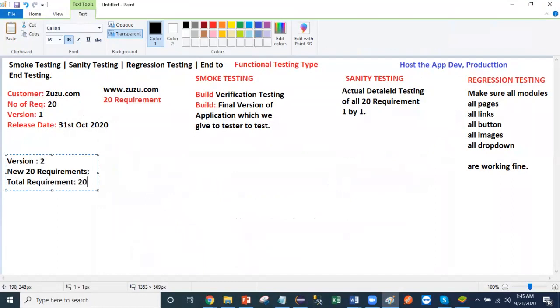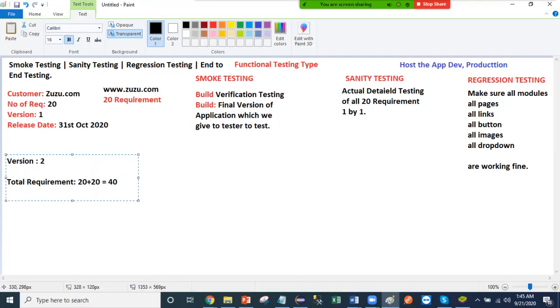20 plus 20. That means 40, right? 20 they have given in the first version and now they are giving us new 20. You see, new 20 requirements, that is in the second version, right? So the second version will have total 40 requirements, 20 from the first version and 20 new added from the second version, right? And they give us the release date